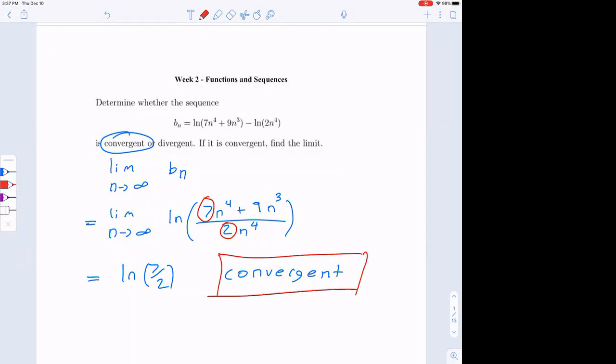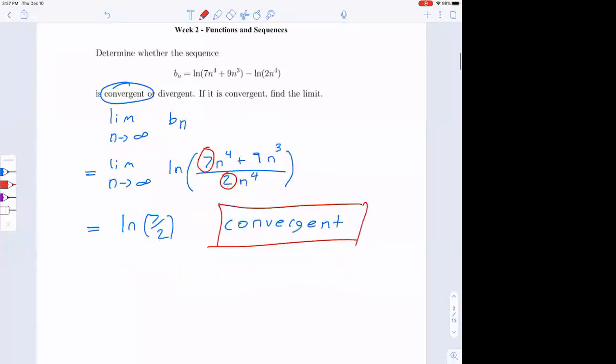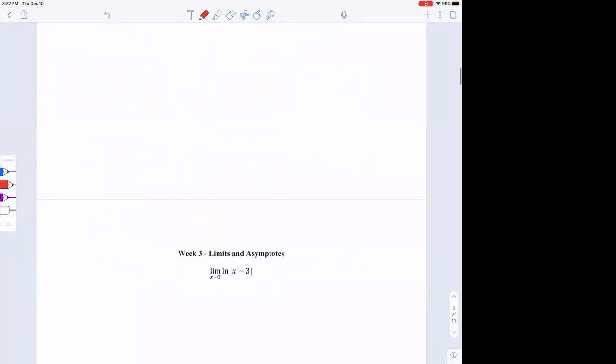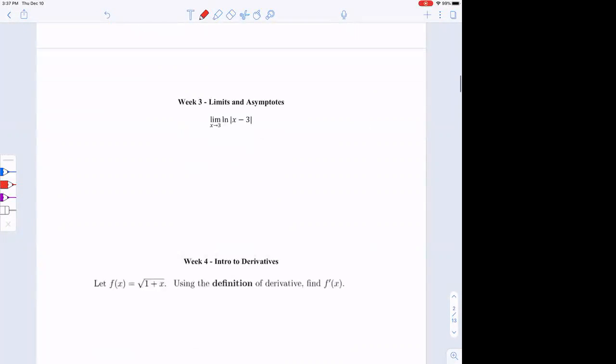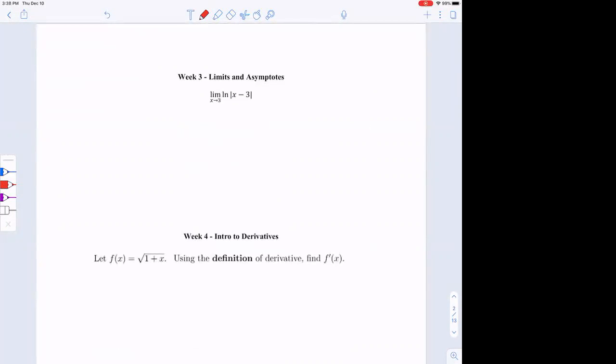Okay, so that gives you a little bit of a review of sequences. What's next? So week 3, we talked about limits, asymptotes. So here's a limit problem that I think you'll find rather helpful to discuss. There's some practice on this one, and I think that some questions came up, so it's good to discuss